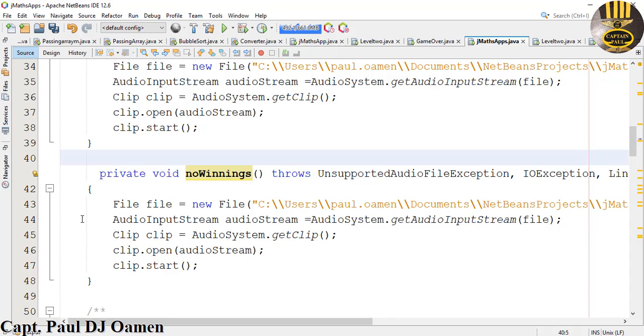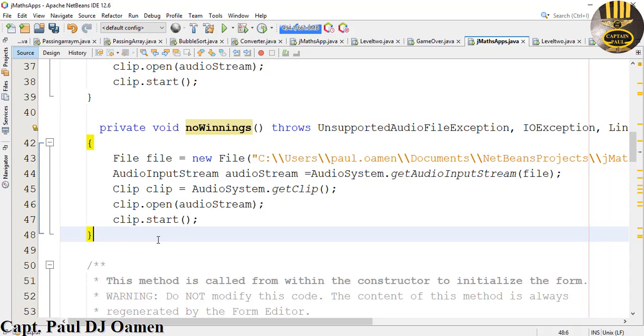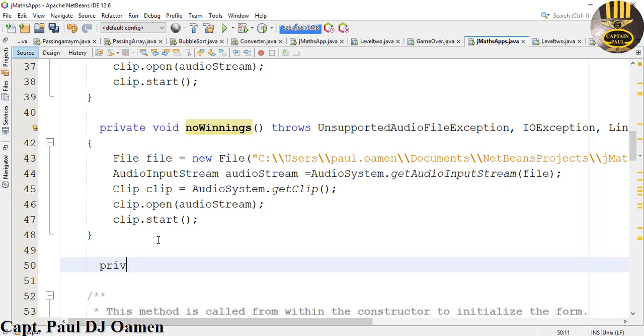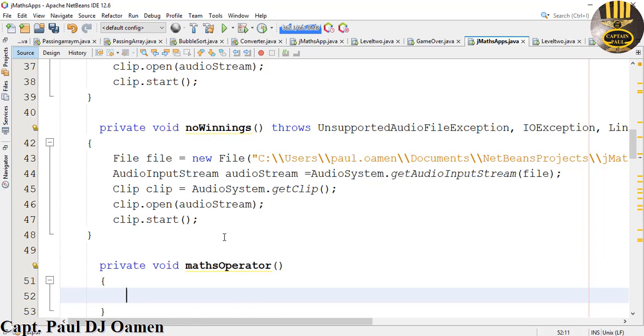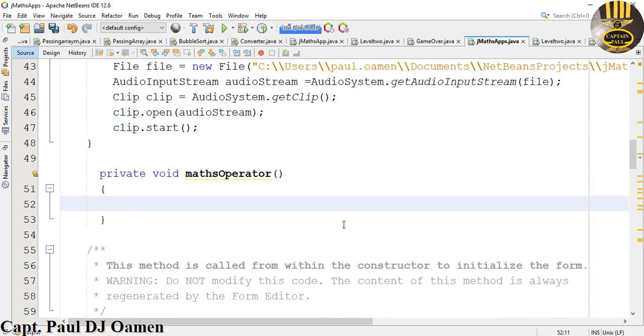Anyway, so the next function is going to be the one that will take care of the arithmetic operator. So I'm going to come in here and say private void mathOperator. There we go. Okay, bring that down. So in here I'm going to declare the following integer variable, and we'll call that num1. In the case of num1, it's going to be taking in random values, but the problem now is I haven't declared that. So let's go up here,